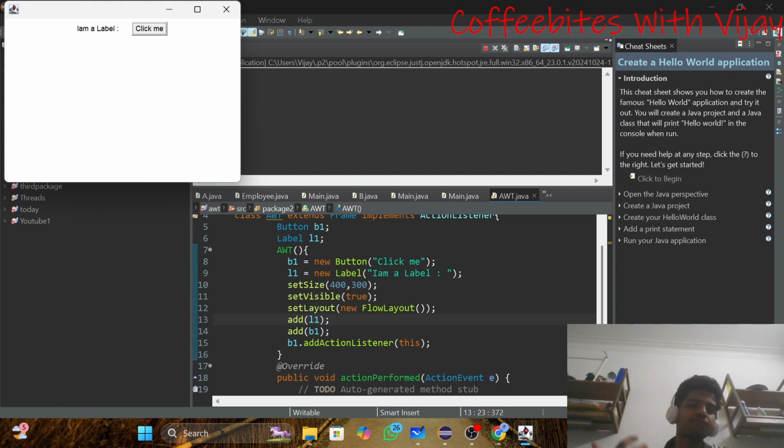So I have given this line because everything will be displayed row-wise and with a correct orientation. And when I click this, you can see the background has been changed to yellow. So this was the basic program. So let's go to our project. This was all related to basics.